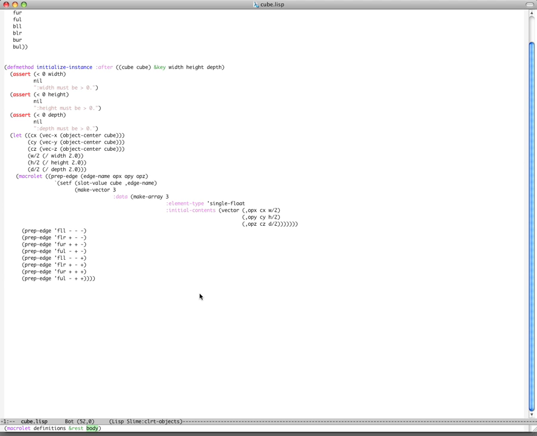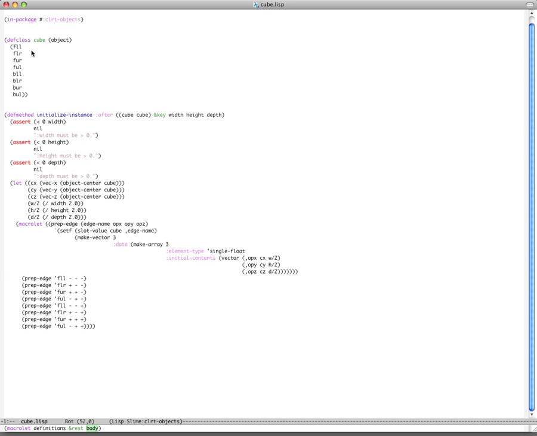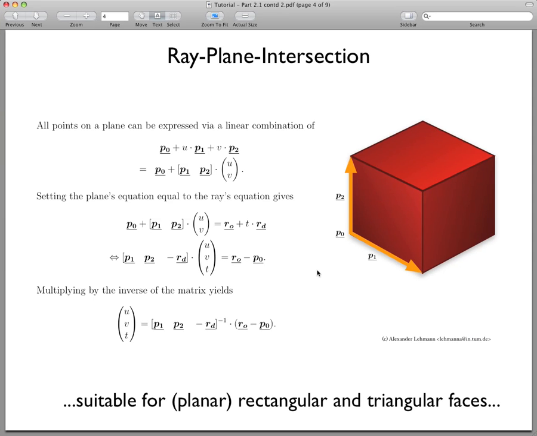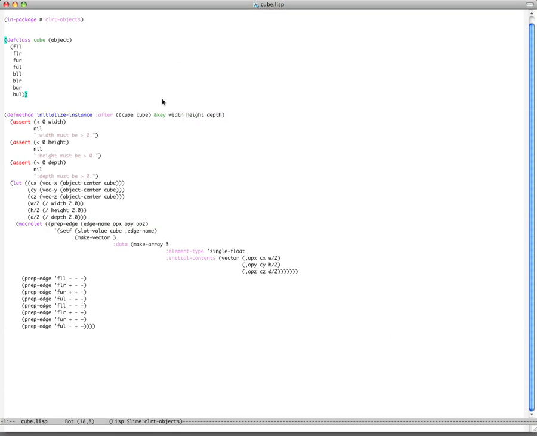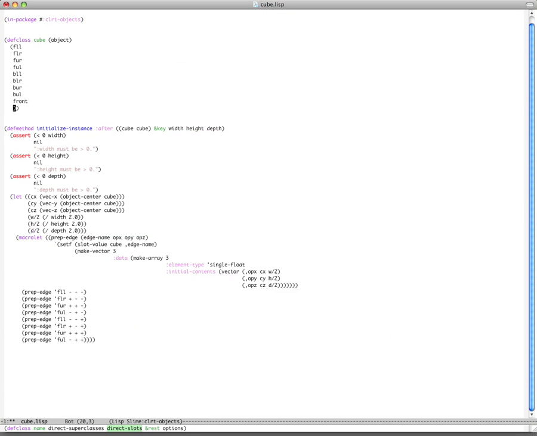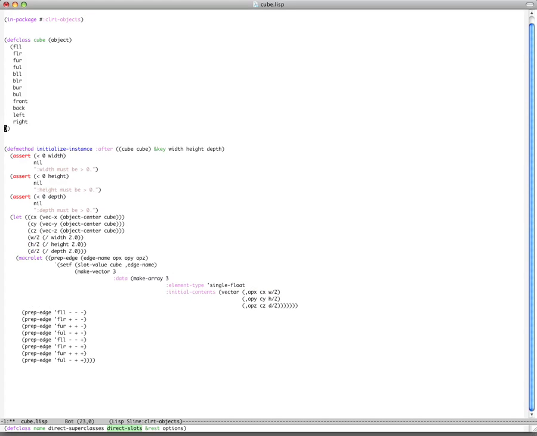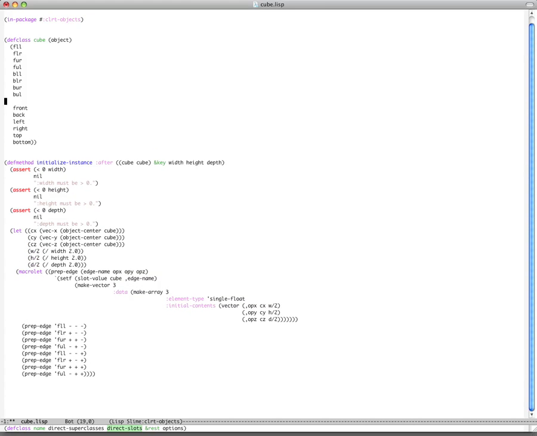Of course, we need to define our finalize method in order to adapt all those edge points, and maybe we would also want to pre-compute. I'll go back to the slides. We want to pre-compute those vectors P2, P1, as well as the surface's normal. So we'll define a few more slots: the first front, then back, left, right, top and bottom. And let's make a comment here. The following slots will assemble a list